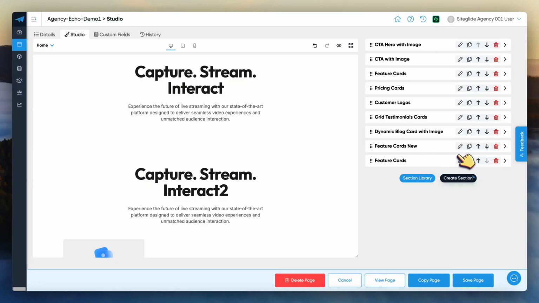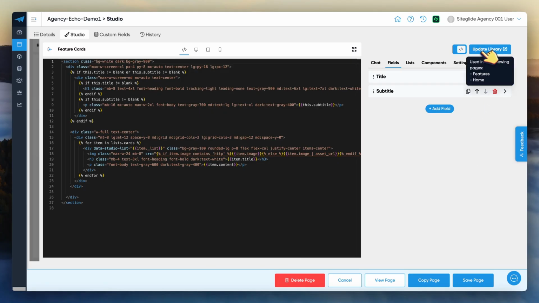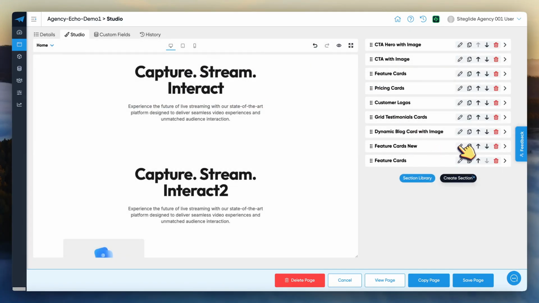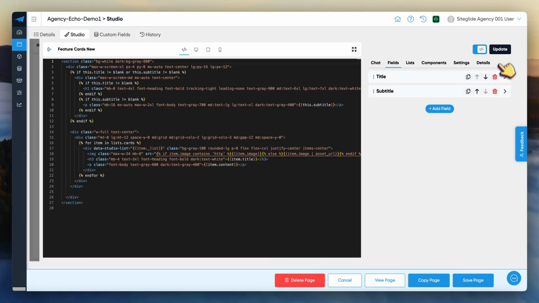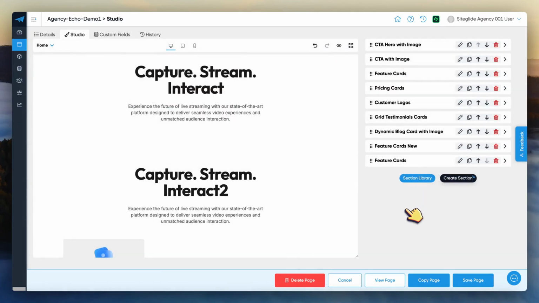So you can always now tell whether a section is being used elsewhere, because it will be blue. It will say update library and it'll show you where it's used. Or if one isn't used anywhere else, it will just say update. So those are some big changes to how